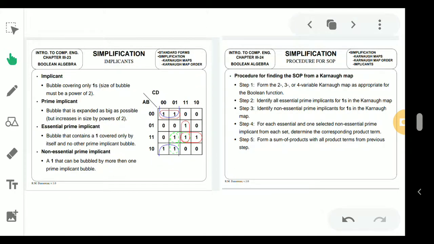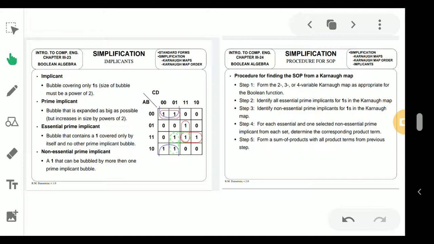So it means that my common motto will be to combine as many ones as possible. If it is a two variable map, then you can only combine two ones. But if there are three or four variables, then there is a probability we can combine four ones or six ones. In this way we try to combine as many ones as possible, and then we will consider it.